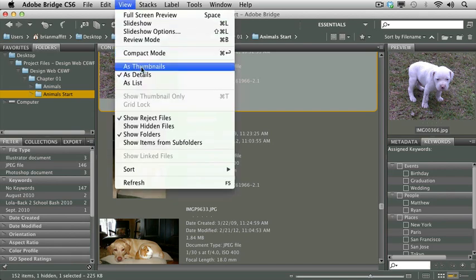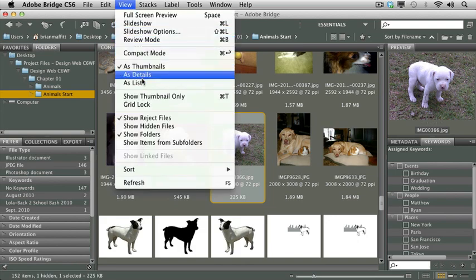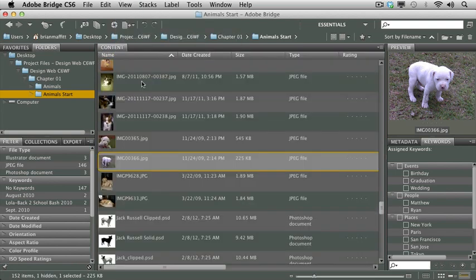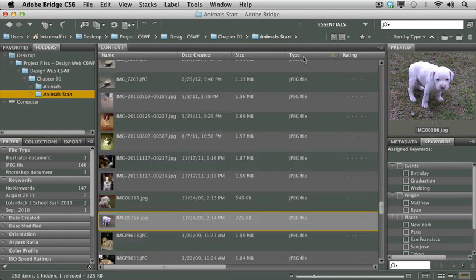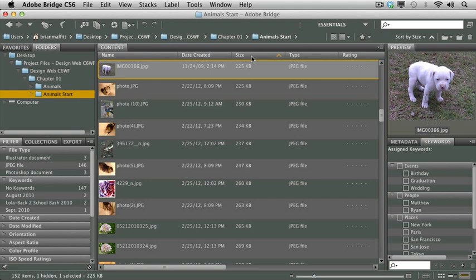This will let me see my images in thumbnail view, or I believe I was in Details, or I could even go to List view as well to find out about my images. Now in this view, I can sort by file type, I could sort by date created, or by size very easily. Now what I want you to notice is all of the crazy file names that were created were stored